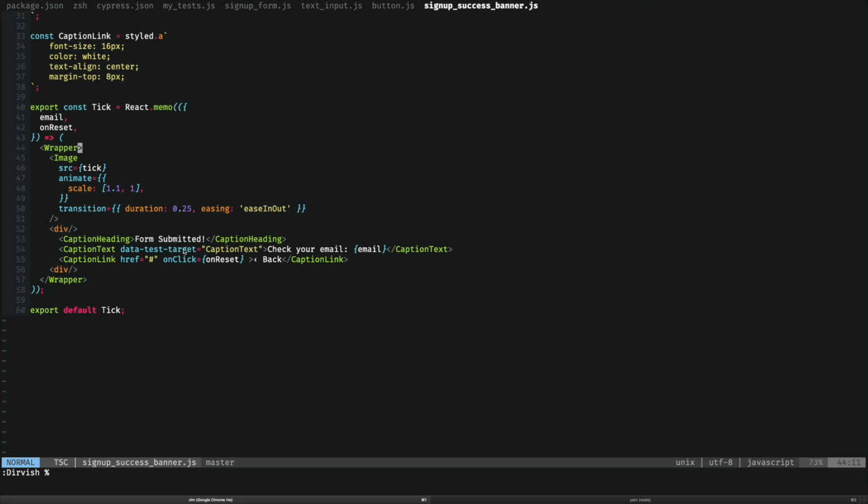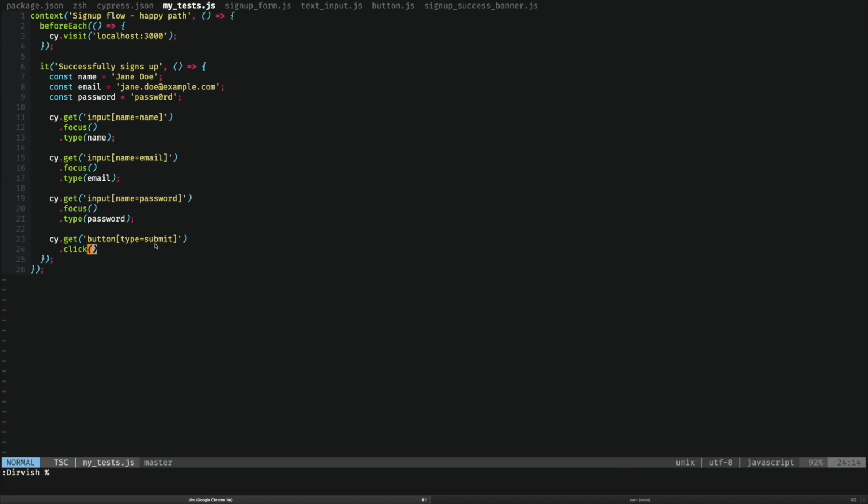This is a way of just quickly being able to locate an element in the DOM by passing in a custom attribute that is used only for testing. We don't generally recommend doing this. It's better if you can use a CSS class name, but we're using styled components which handle our CSS class names for us. The risk of using data test target is that